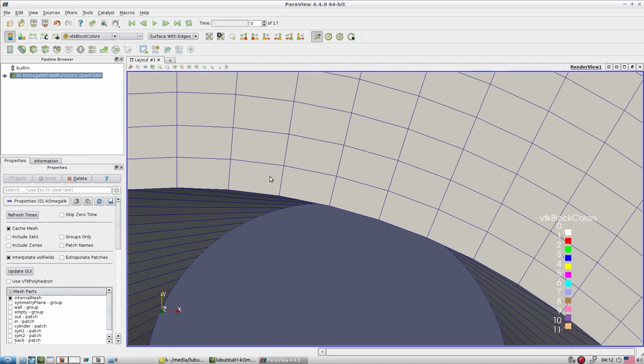So this first cell height, if you are working with any of the standard wall treatment, then it is supposed to be more than y plus 30. If you are working with the low Re type of calculation, then first cell height is reasonably something like y plus equal to 1. If you are going towards DNS, then keep this first cell height something like below 1, 0.1 or 0.5. If you are working with LES, then also this first cell height is supposed to be below 1. If you are working with RANS, but you don't want to specify any wall treatment near the wall, then also keep the first cell height approximately equal to 1.